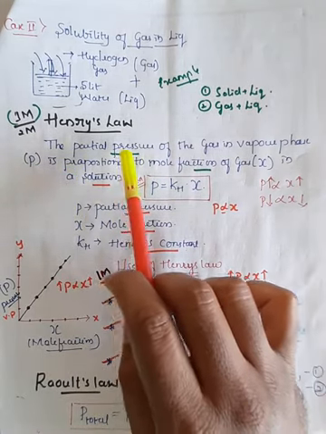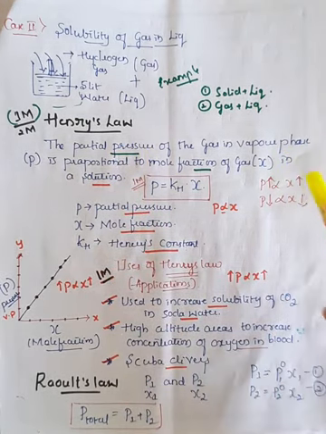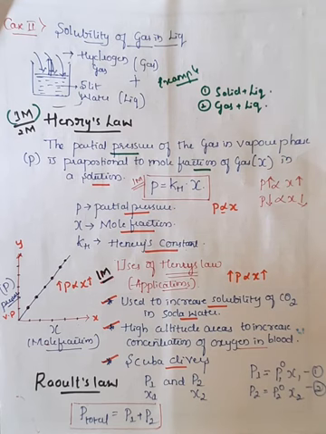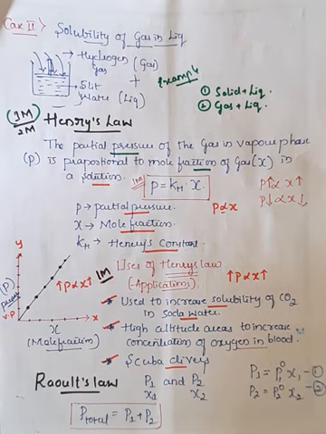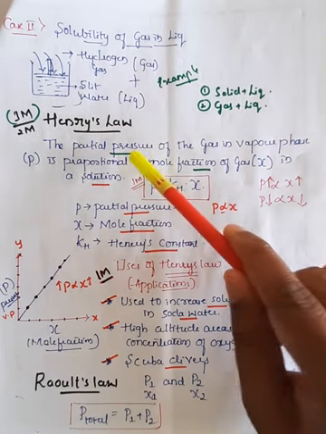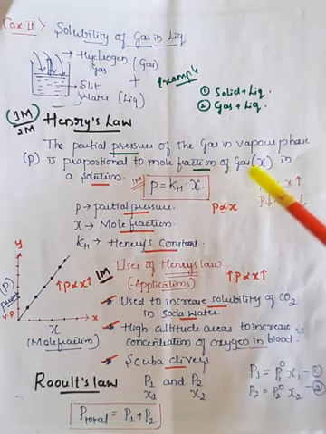Right? So here the partial pressure, or the vapor pressure, is nothing but the pressure applied by the liquid molecules on the upper surface of the container. That pressure is completely dependent on the mole fraction of the solution, whatever solution you take. Further I will do some rough work so that you can understand very easily. But just now remember the statement given by Henry's law, that the partial pressure of the gas in a vapor phase is directly proportional to the mole fraction of the gas.